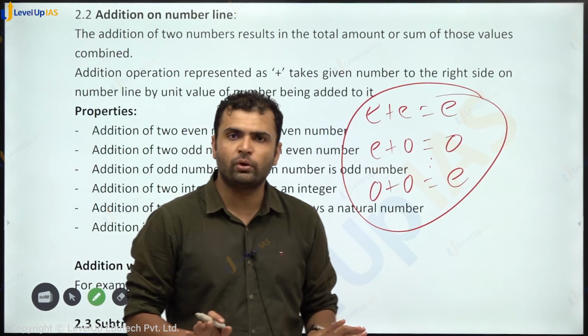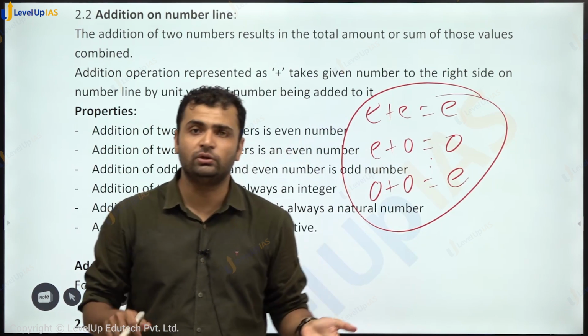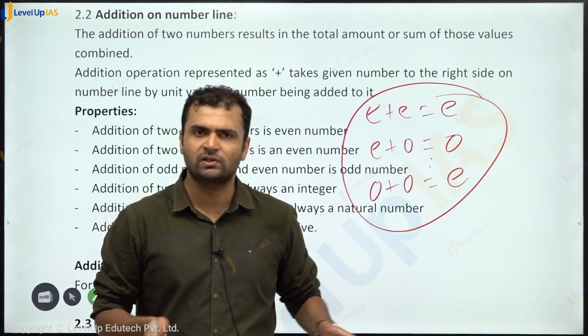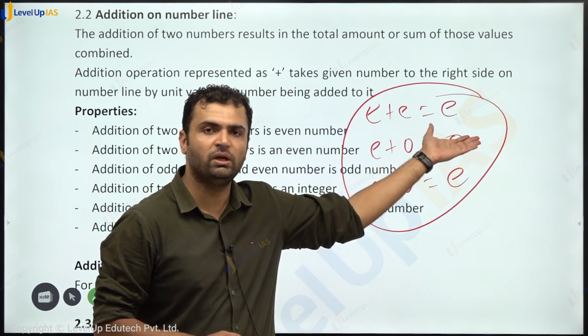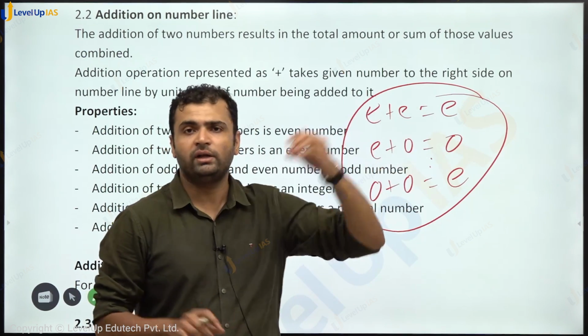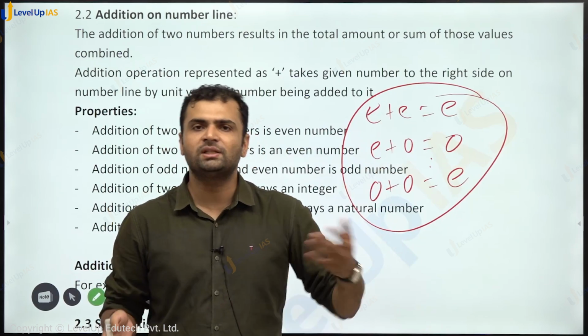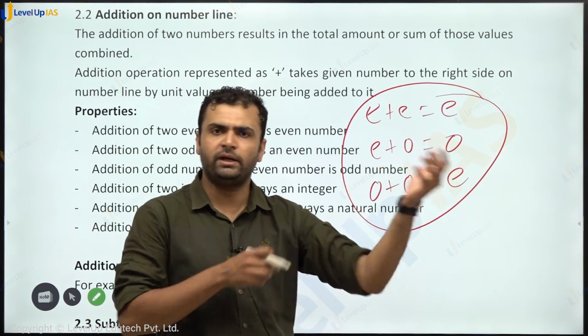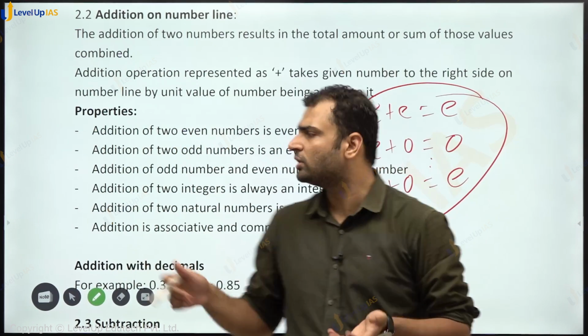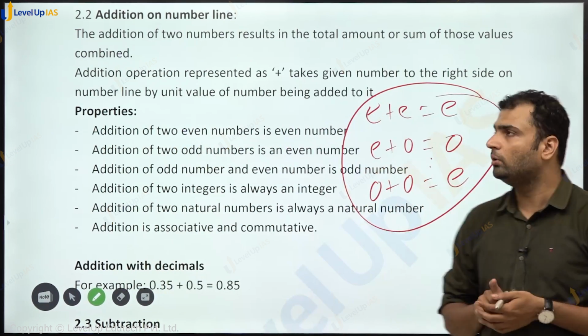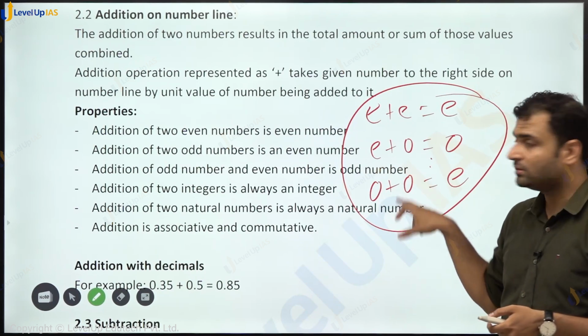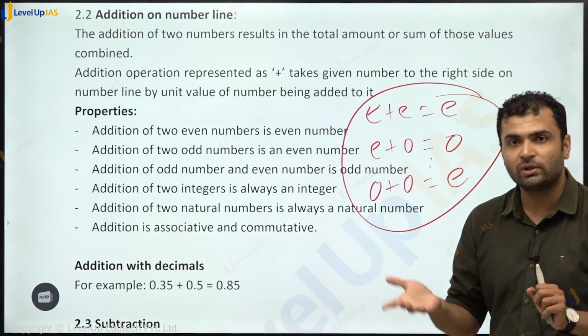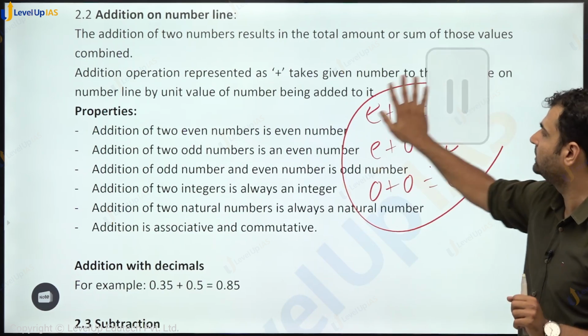Like if you get confused about what the sum of two even numbers is, then take 2 plus 4, 6, it's an even number, so yeah, everything will be even. Even plus odd, take one even, take one odd. 2 plus 3, 5, odd number. Two odd numbers, you can take 3 plus 5, 8, yeah, so another even number. So that is something you need to remember. Based on only these three things, this question was asked in the CSE 2023.